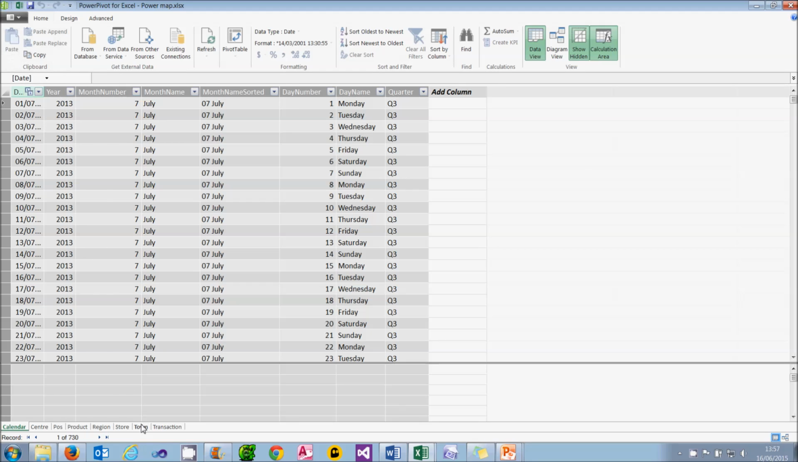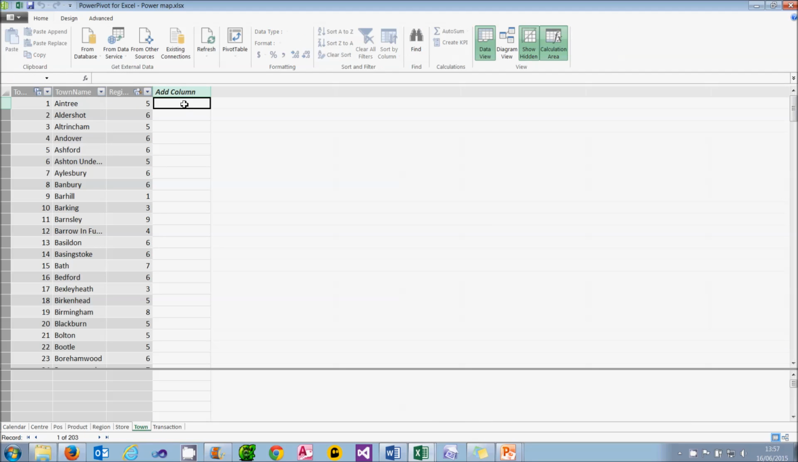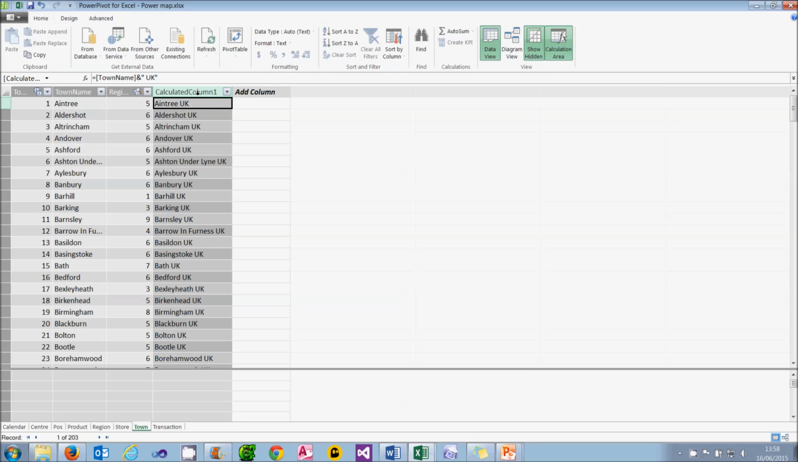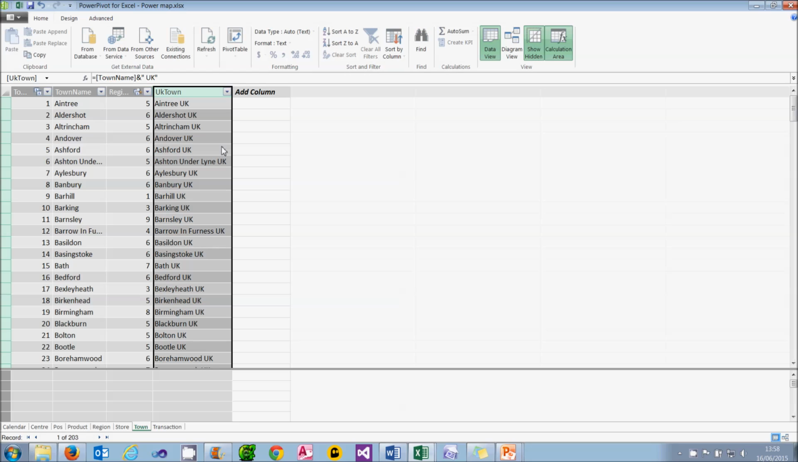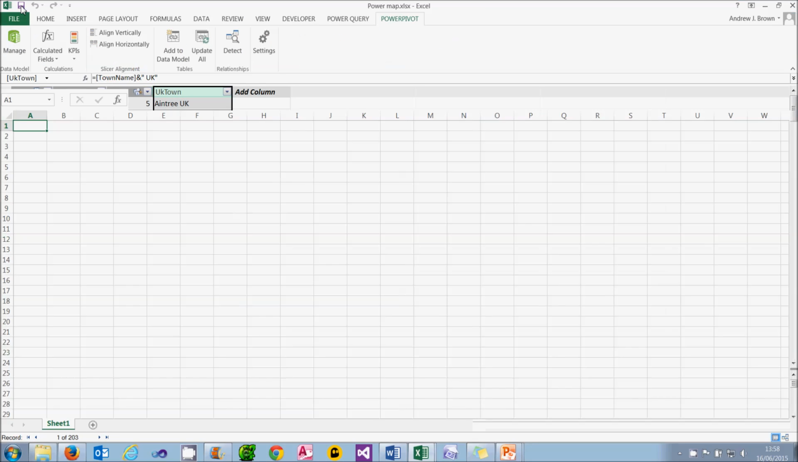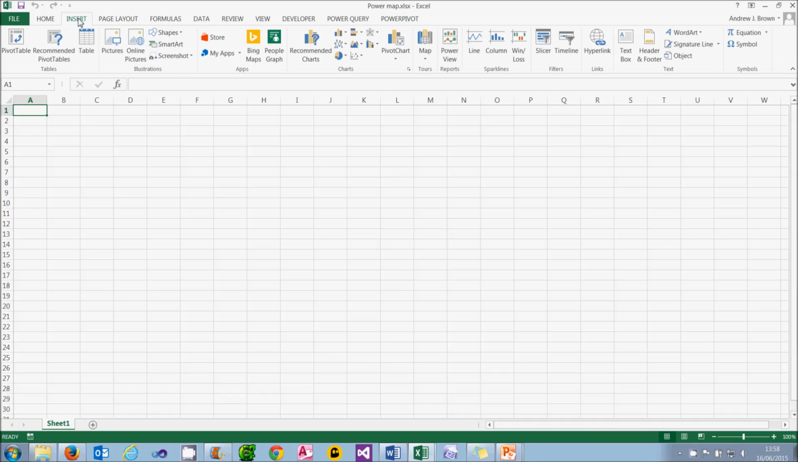So what I'm going to do is go to the town table and create a new calculated column beginning with an equal sign, click on the town name, and concatenate after that the word UK. And I'm hoping what that will do is persuade PowerMap that these towns are actually part of the UK. I'll rename my new field to UK Town, and then I'll go back into Excel. What I'll then do is go back into PowerMap,